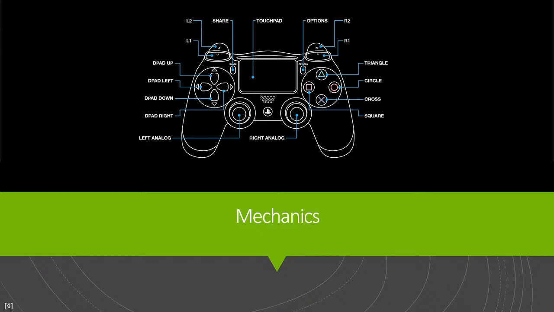Here's a gamepad, by PlayStation 4, and you can see the different buttons and analog sticks and all the different things. So when designing a game, you want to consider, okay, I have these buttons that do this. I have two triggers and two other tactile buttons, a D-pad and two analog sticks, a touchpad, and a share and options. So just knowing exactly what does what